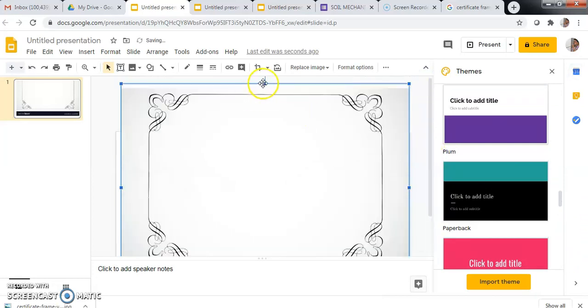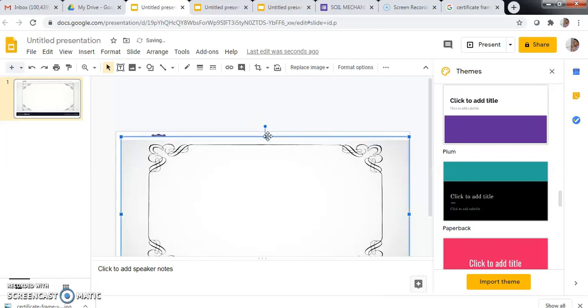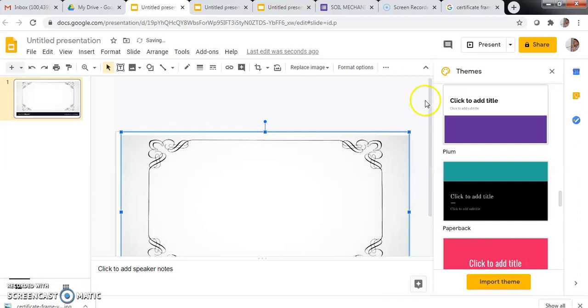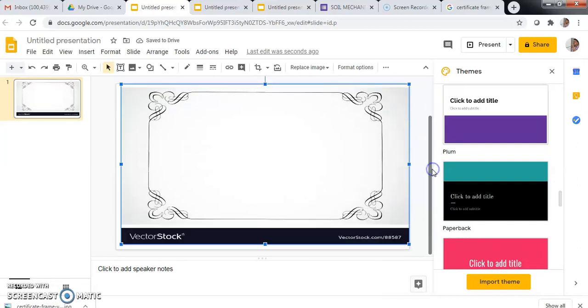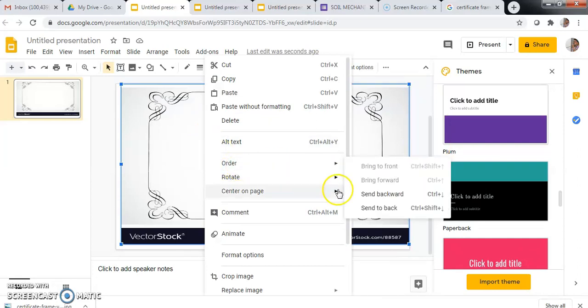So I choose the frame. If you want to set back this certificate, how to set back? Listen here, go to order.